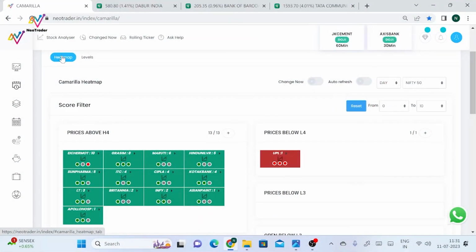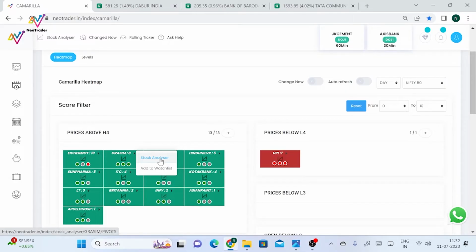Now, if you want to go deeper into that stock, you can always click on this side pointer and go into Stock Analyzer. There is a separate video which we have done on how to use Stock Analyzer. So you can go and check out that page and get more idea of validating this stock.